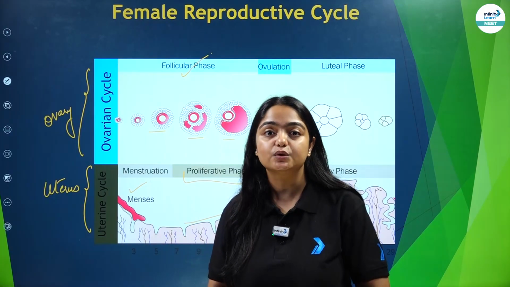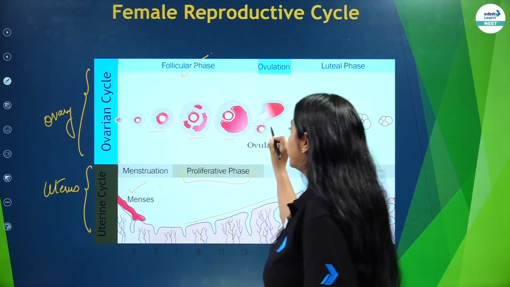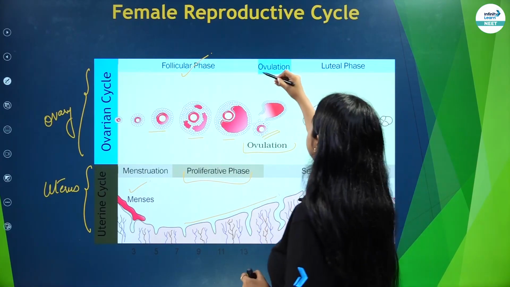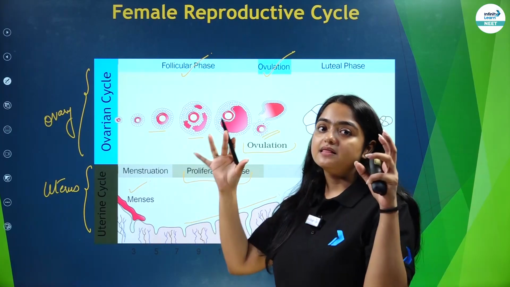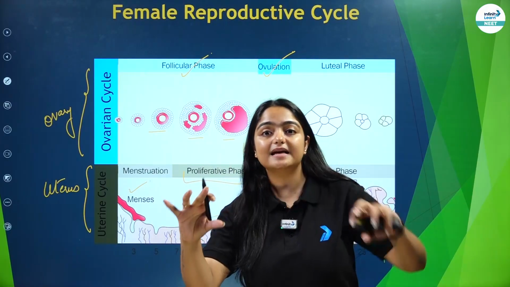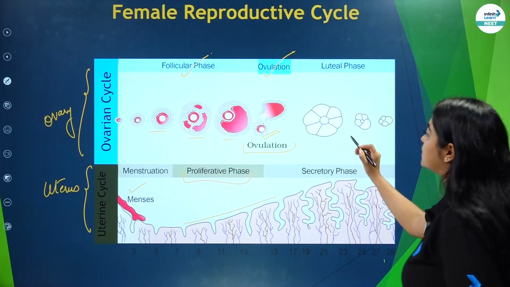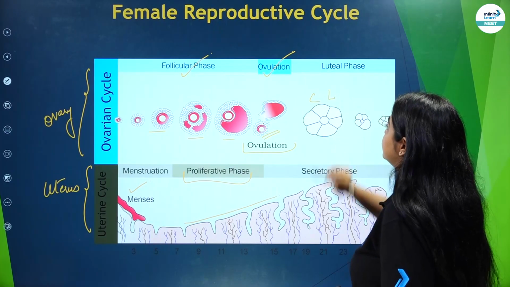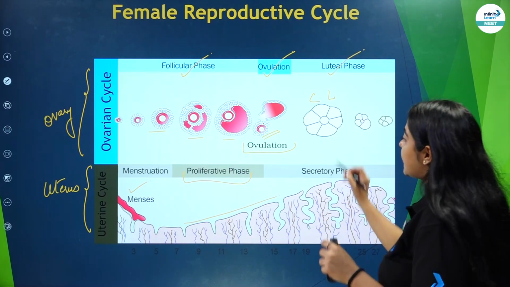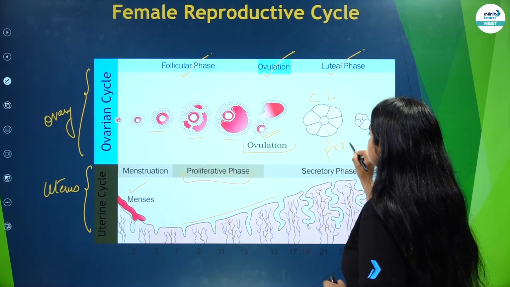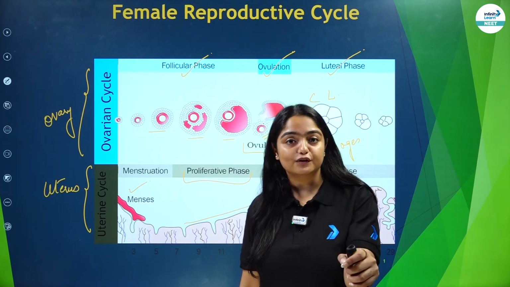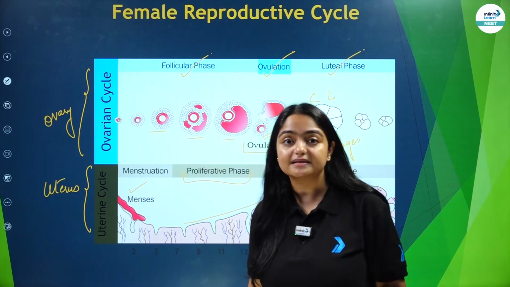And as you saw in the beginning, when the secondary oocyte is released from the ovary, it is released on the day of ovulation. Here you can clearly see that the secondary oocyte is releasing from the Graafian follicle, and that is why we call it ovulation. And once the ovulation is done, the remaining part of the Graafian follicle except the secondary oocyte forms another structure known as the corpus luteum, and that is why the phase over here is known as the luteal phase. And the corpus luteum secretes the progesterone hormone, which is responsible for maintaining the endometrium lining of the uterus, and hence it is known as the pregnancy hormone as well.